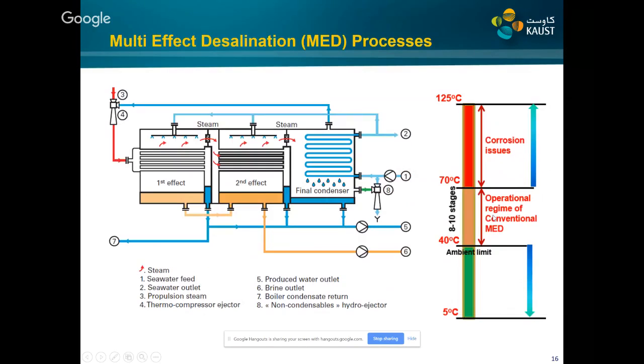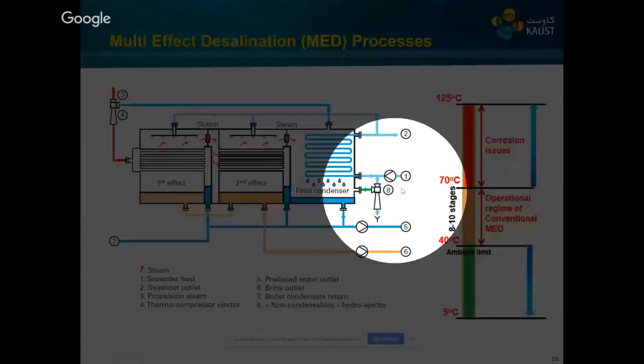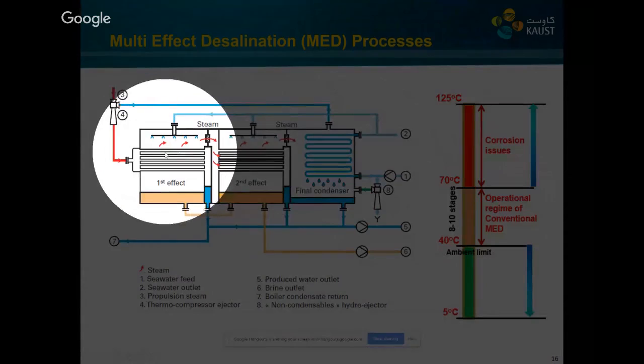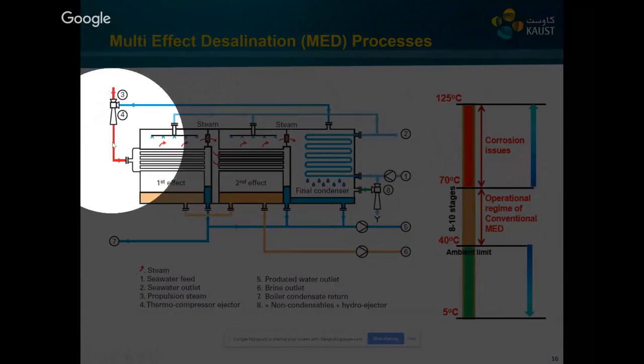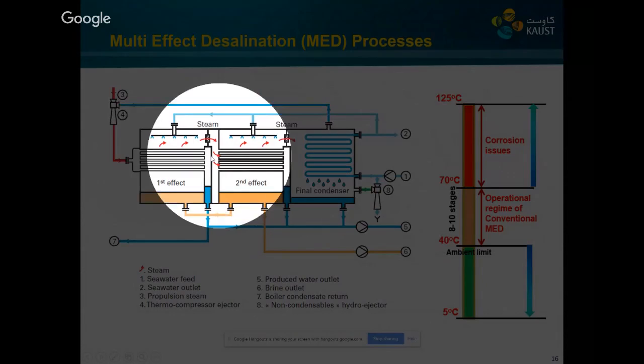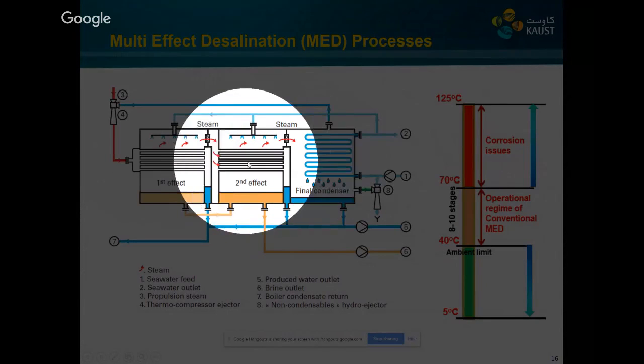As I mentioned earlier, thermal desalination processes are employed in more than 60% of GCC countries. So we started work on the multi-effect desalination system, because it is the most efficient system, as I just presented, and we tried to find out how we can improve its efficiency or performance. Let me explain the process a little bit. The steam, the heat source, is supplied. These are the heat exchangers, arranged in a series.